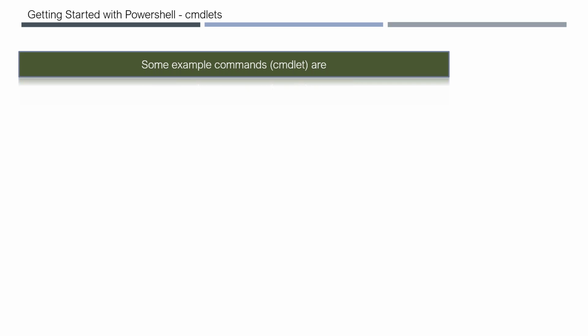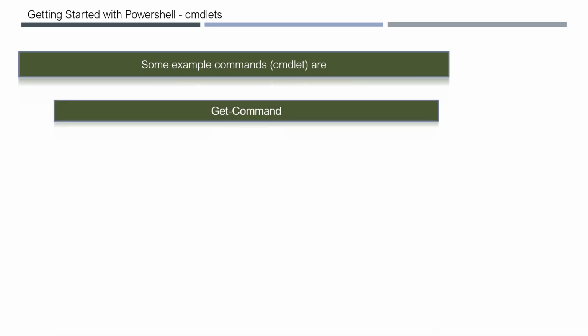And there is a hell of a lot of documentation available on MSDN as well. You can go and read them, but you don't need to read it. What I suggest is take some use case. Let us say you are doing some manual activity and you want to do it using PowerShell. Just try to use PowerShell to avoid that manual activity. That's why you learn it. Don't go and read the documentation. That will not be useful mostly.